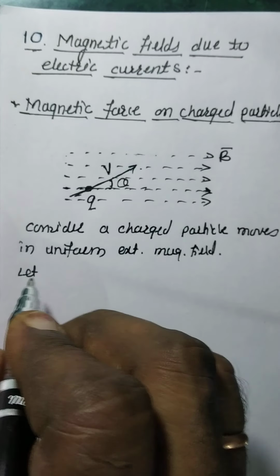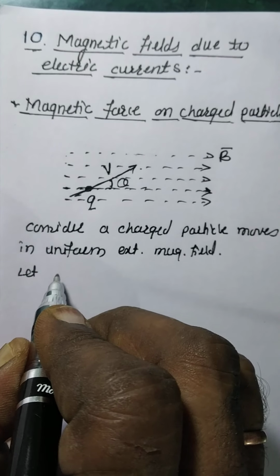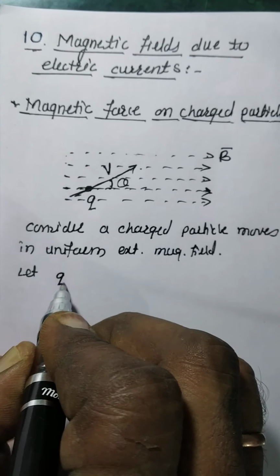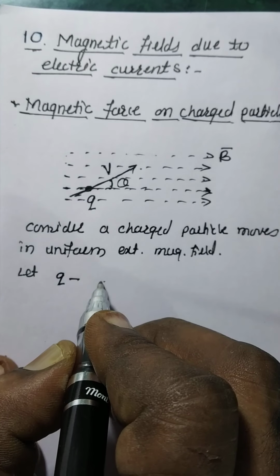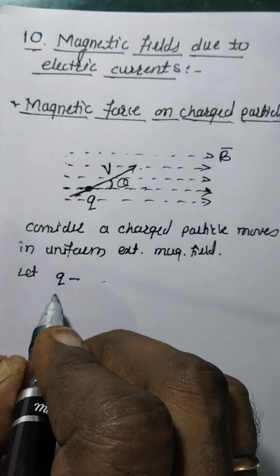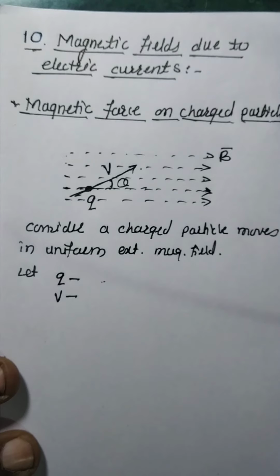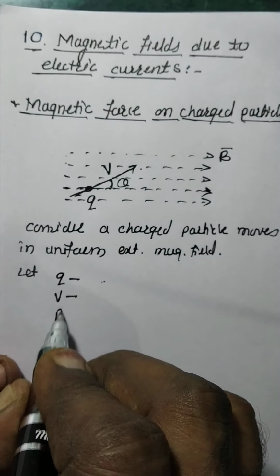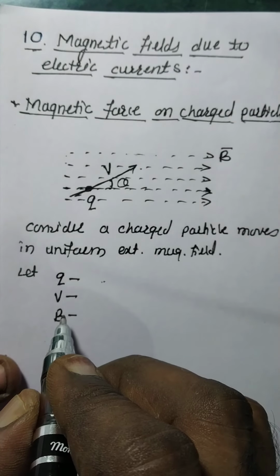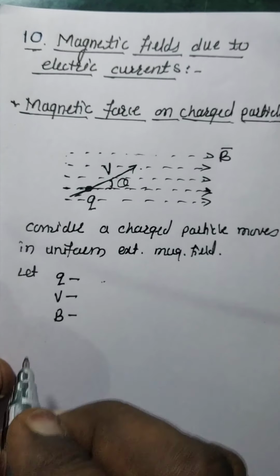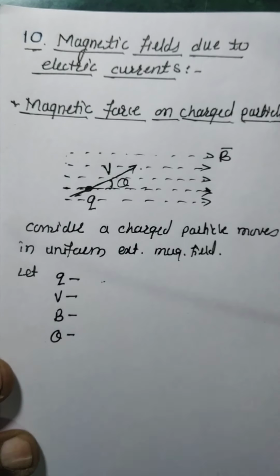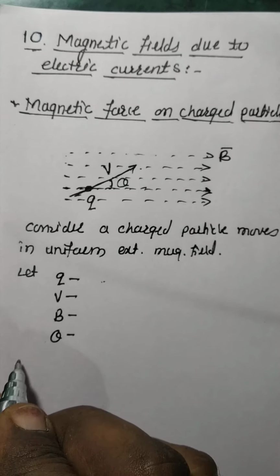Let Q be the magnitude of charge on the particle, v the velocity of the particle, B the magnetic induction of the external magnetic field, and theta the angle between the direction of velocity of the particle and the magnetic field, then